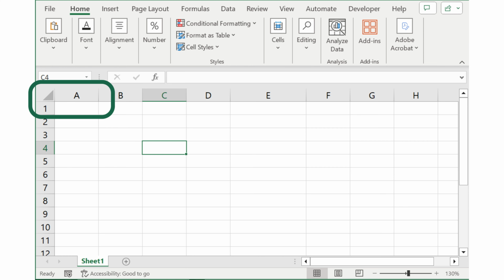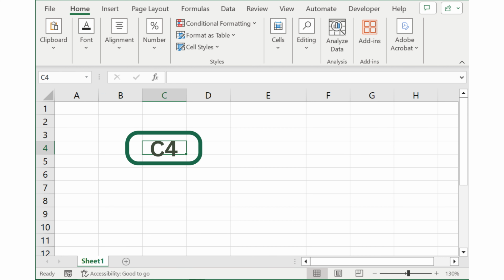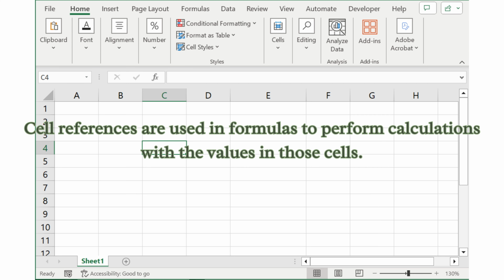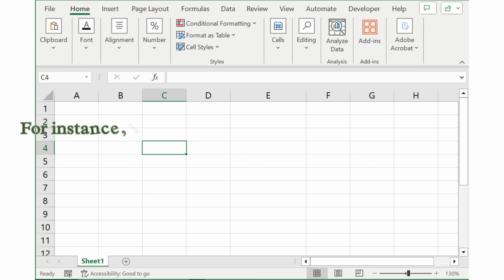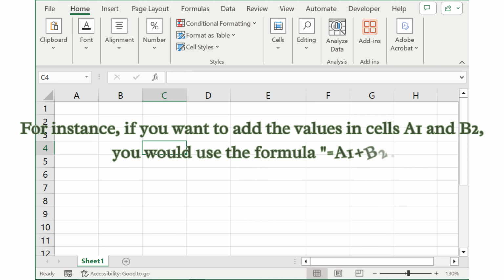For example, A1 refers to the cell in the first column and first row. B2 refers to the cell in the second column and second row. C4 refers to the cell in the third column and fourth row. Cell references are used in formulas to perform calculations with the values in those cells. For instance, if you want to add the values in cells A1 and B2, you would use the formula equals